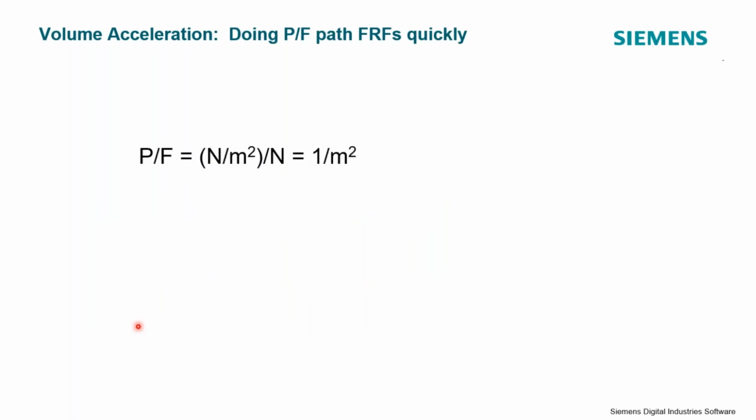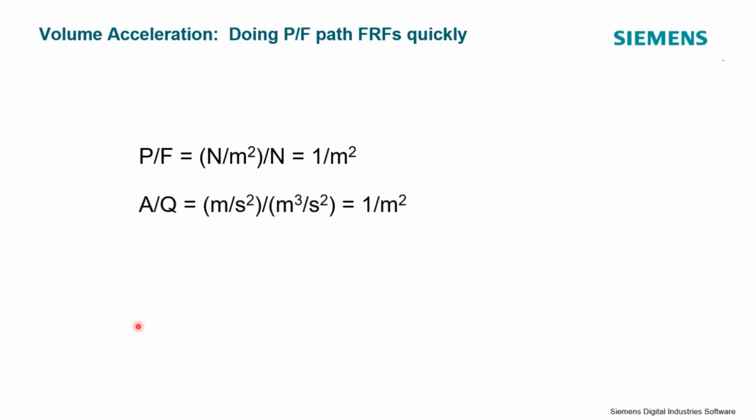But first, I'm going to show you what allows us to do this. And this is sort of a simplified approach, but it does hold true. So if we look at that P over F transfer function, we look at the units involved in P over F. So pressure is a Newton per meter squared, or a Pascal, right? Over a unit of force, which is Newton. We simplify that down, and we end up with 1 over meter squared as our essentially reduced unit for a P over F.